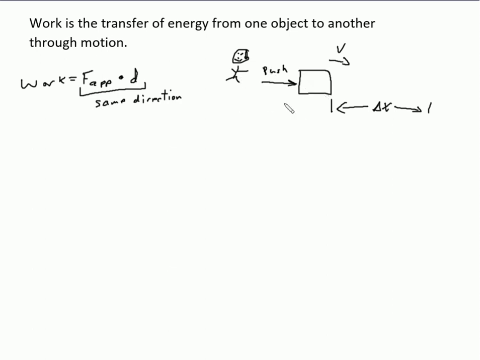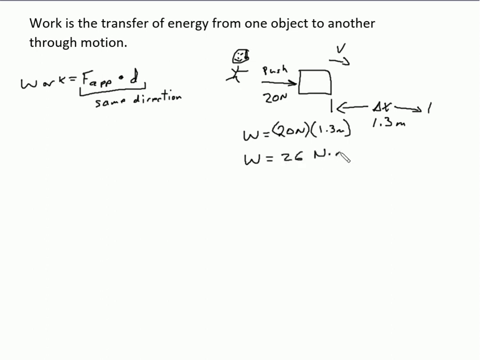So in this case right here, we could look at this push here as the force applied. Say maybe I push with 20 newtons, and let's say maybe the box moves about 1.3 meters to the right. So if I wanted to find the work that was done, the amount of energy that's transferred, I'm going to take that 20 newton force that's being applied to it and multiply it times the 1.3 meters, that distance that it travels. So my work would then be 26